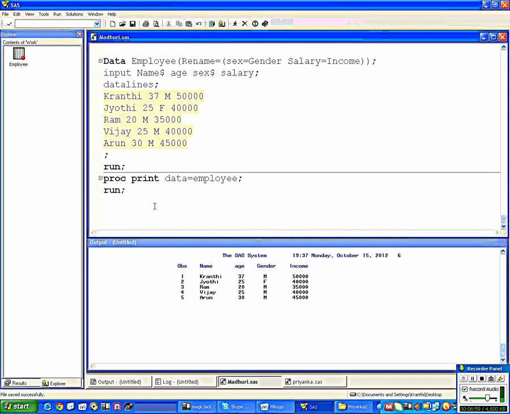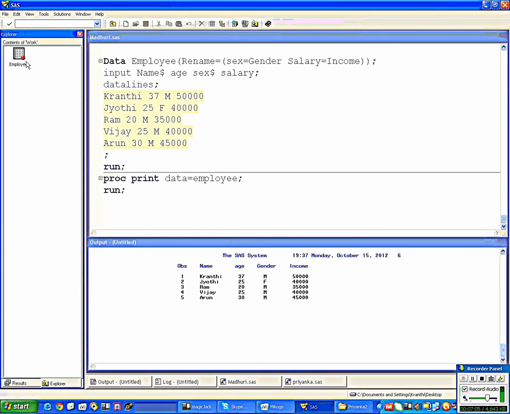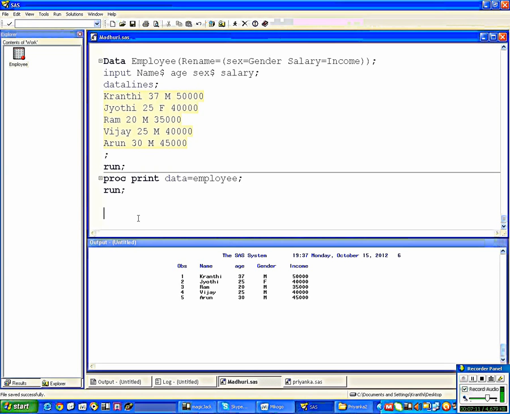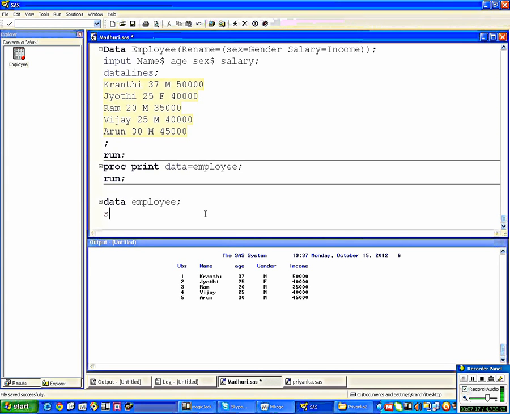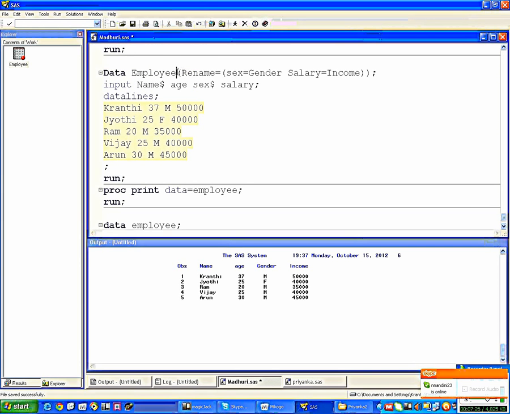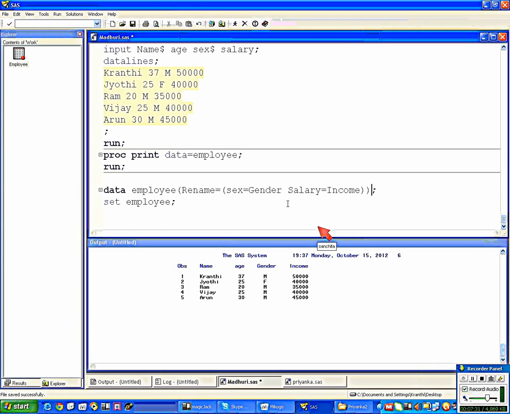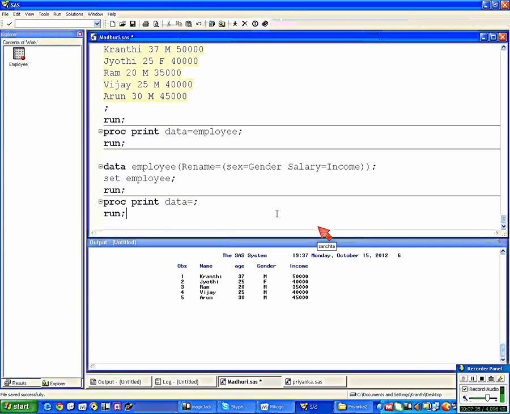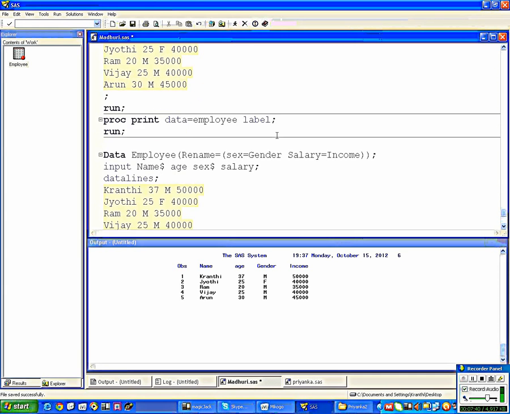Means if somebody gives us a data set and you want to rename the labels, then you can simply rename like this. Okay, but for example, I want to rename in the employee data set. Let us assume somebody gave us this data set, and we don't use this data line, right? So you can make the changes like this also. Data employee, means you are creating a data employee. Set employee means again you are copying the existing data set into the new one, but the new one also has the same name. Got it? Now in the new one you can just change the name, like this. Then run. Then the software data equal to employee.